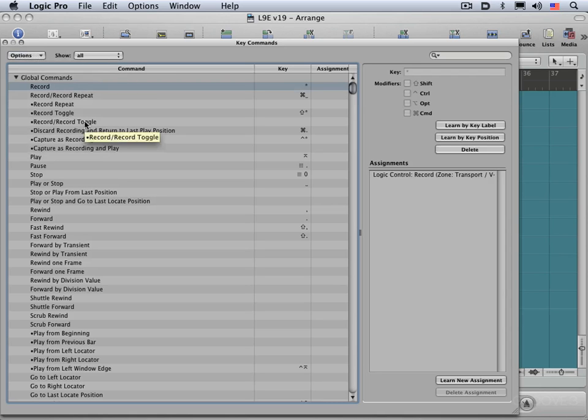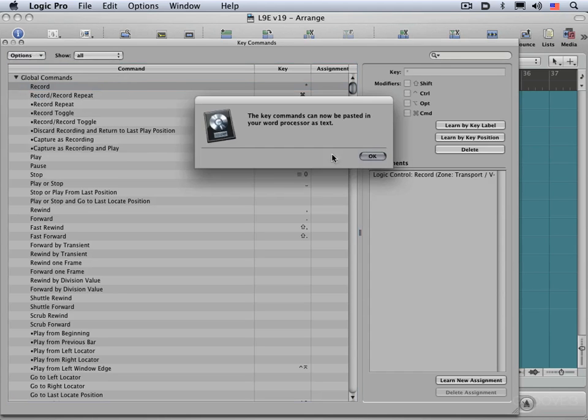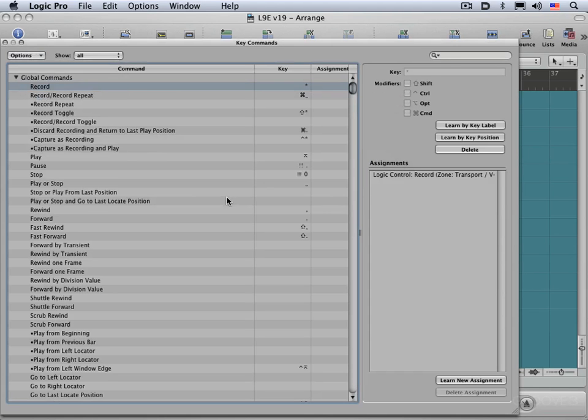And you can print key commands as well, which is very useful for learning them. Under Options, copy key commands to clipboard. They're copied to your clipboard, and you can paste them into Pages or Word or whatever word processor you're using, and then just print them out, which is really useful at the beginning for learning, especially some of the more common key commands. So study them, learn them, experiment, assign your own,